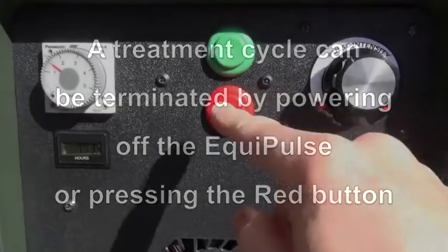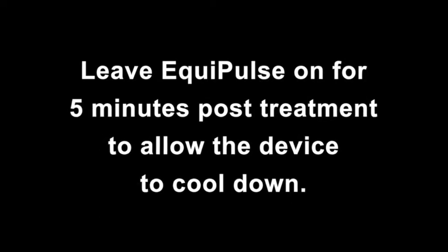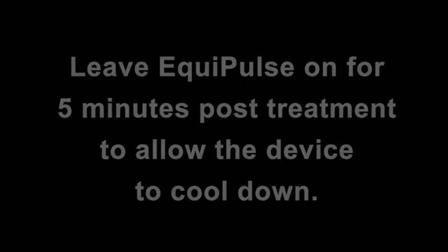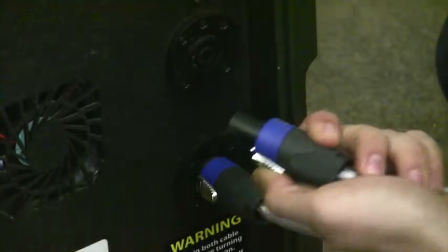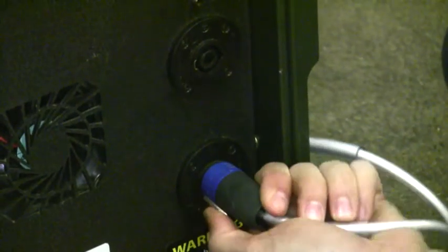Note that it is perfectly alright to abort a cycle by powering the machine off, then powering back on. When treatment is finished, leave the main power on for 5 minutes to cool the machine before powering off. To remove the magnetic pulse delivery loop, slide the spring-loaded metal releases on the connectors back, rotate counterclockwise, and pull